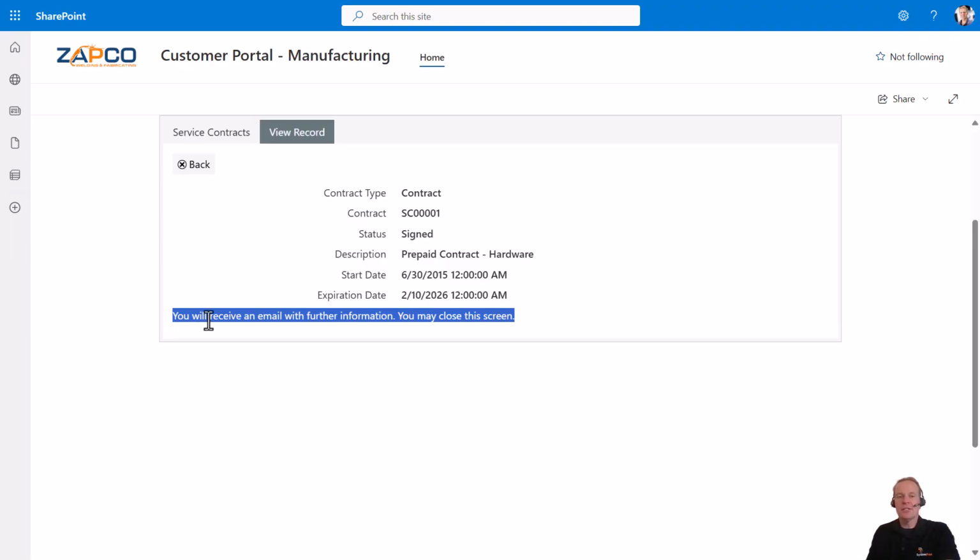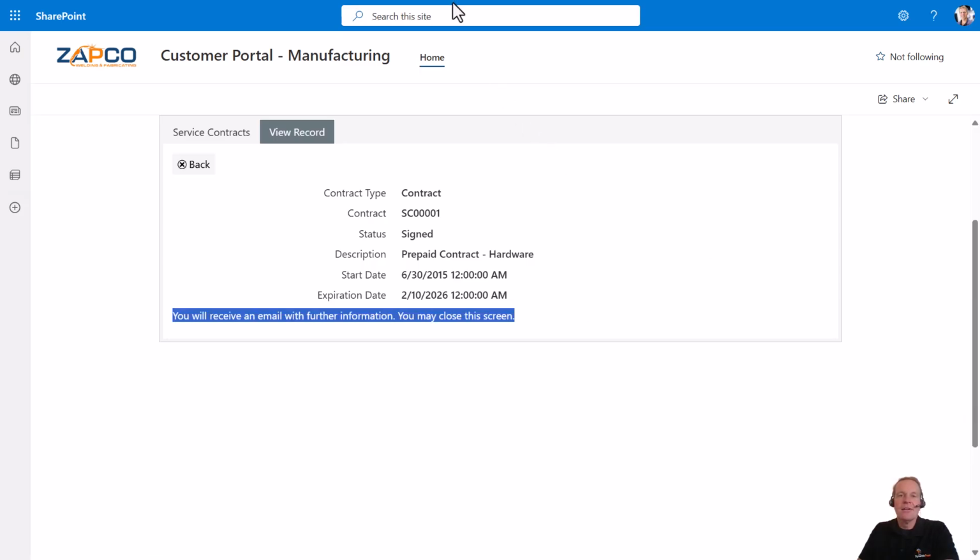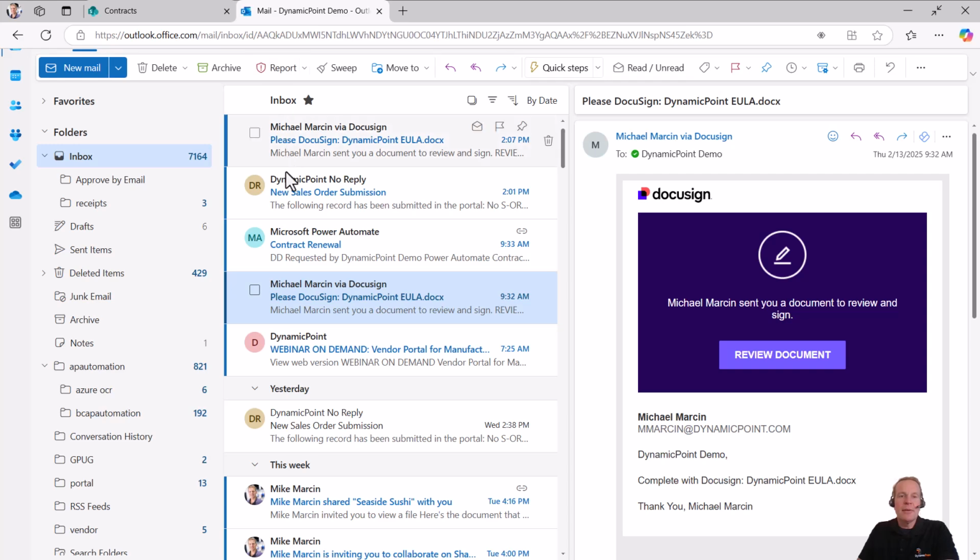When I renew contracts with my customers, I need to get them to fill out a form or accept a contract. I need an electronic signature associated to that. And then I ultimately need an approval by my contract management department. So you can see really what that has done is kicked off a review, of which you can see here I just got a notification of. And if I were to go into my email,